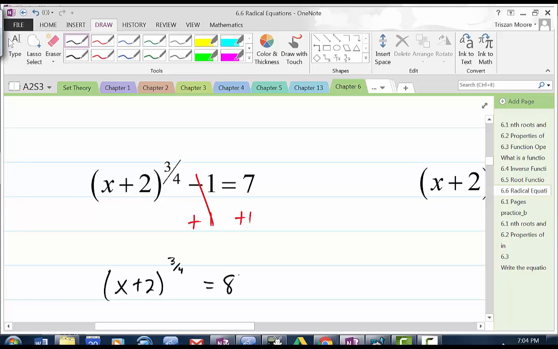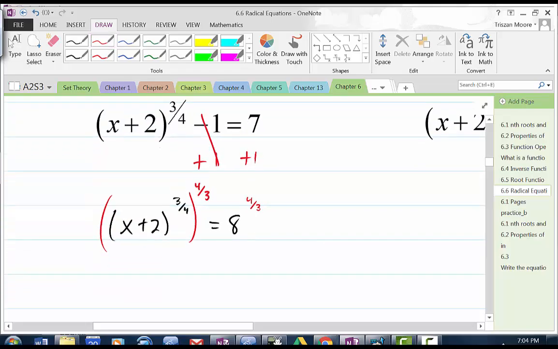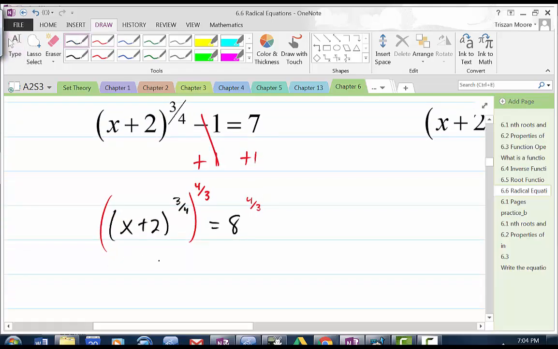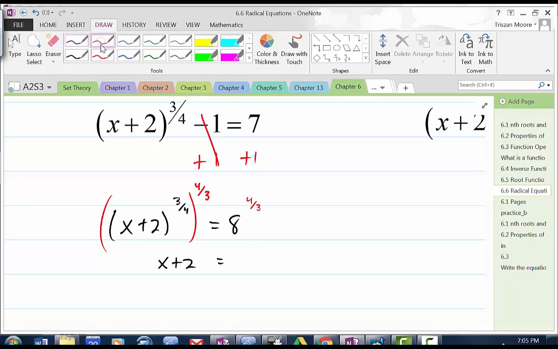Right? So I want to get rid of that exponent. If I get rid of the exponent, then I'm raising that whole thing to the 4/3. Raising it to the 4/3. Right? So that's going to make that exponent 1. I'm just going to be left with x plus 2. Right? So 8 to the 4/3